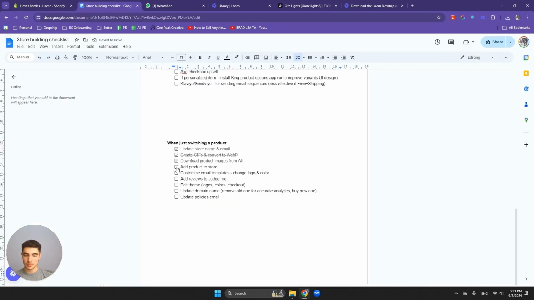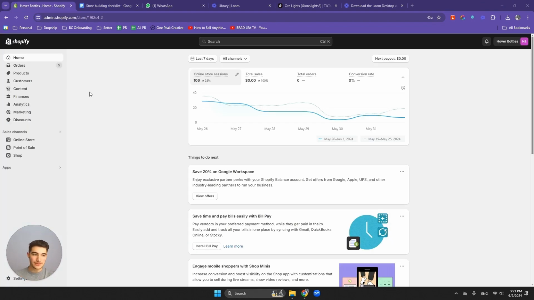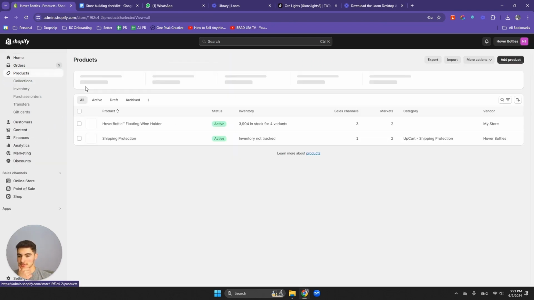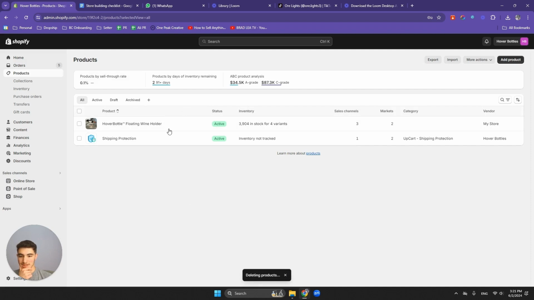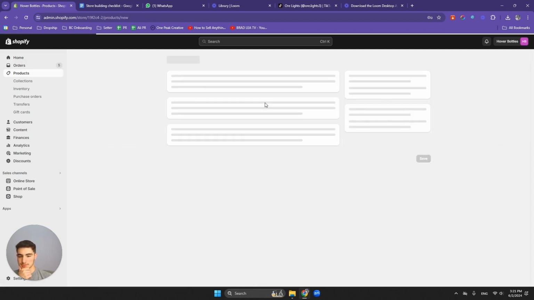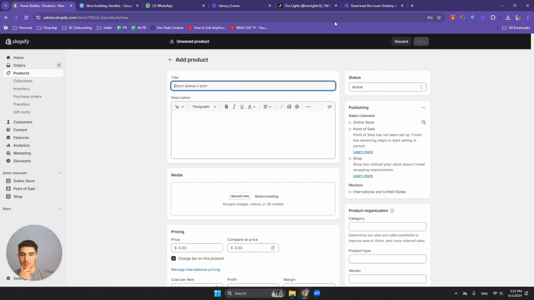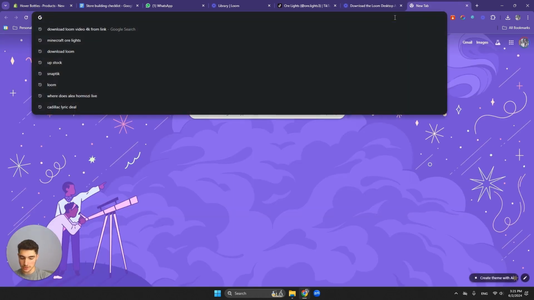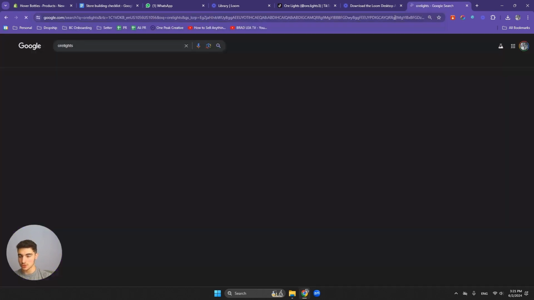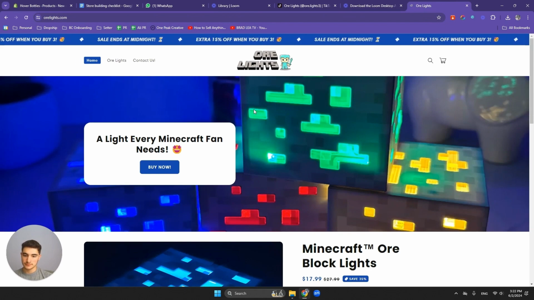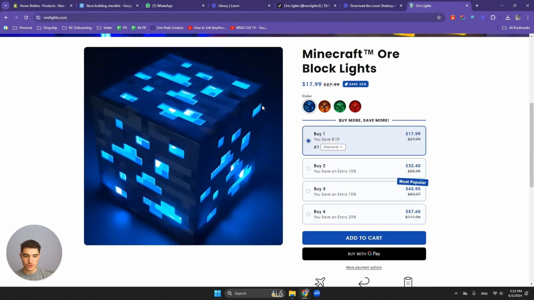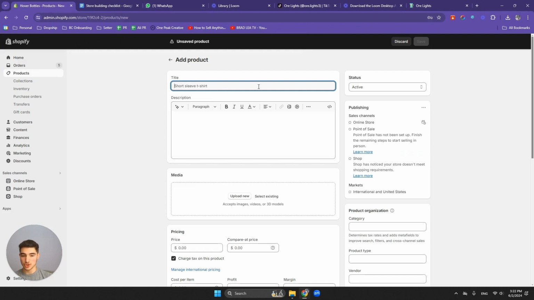Next, add product to store. Now let's go to our store and add the product. So we would go to products and delete your old products. So delete products. And let's do add product. So you would add the product. Let's see our competitor, what they're actually going for. He has the shrine theme as well, which is what we're going to use. Now we'll make it even shorter and call it